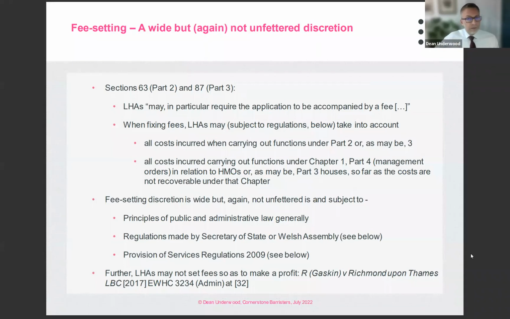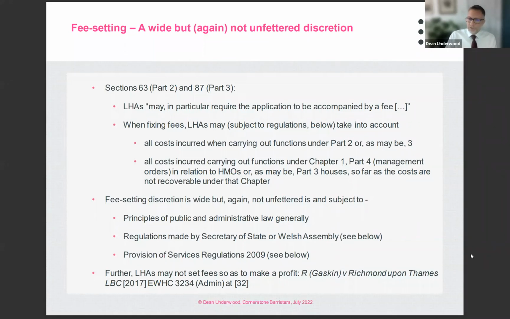So as you've heard and by now will know, sections 63 for part 2 and 87 for part 3 provide that local housing authorities may in particular require an application to be accompanied by a fee. Materially, they also provide in subsection 7 that when fixing fees, local housing authorities may, subject to regulations, take into account, first of all, costs incurred by them in carrying out their functions under part 2, or as may be part 3 of the 2004 Act,